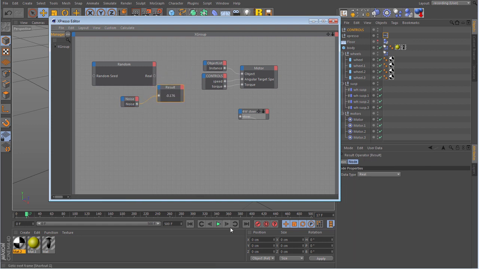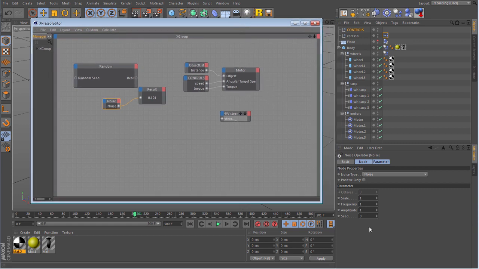And I'm going to go through this one frame at a time and keep you posted on the values. At the moment it's minus 0.3. So here we go. And it's just changing gradually, as you can see. In fact, I'm going to hit play. And if you watch this, you can see it's varying up and down in a kind of gradual fashion. Now if you look at the various parameters you can set for noise, there's quite a few